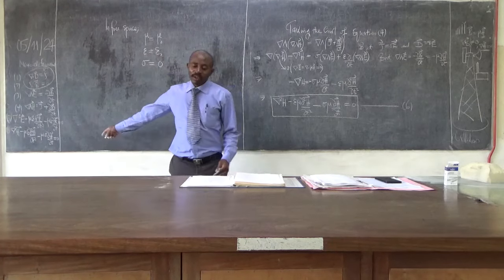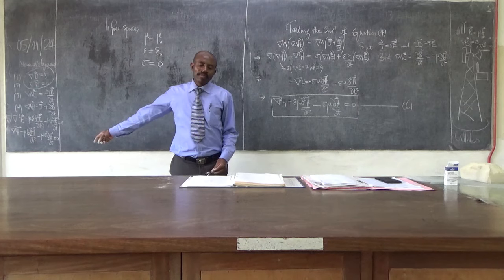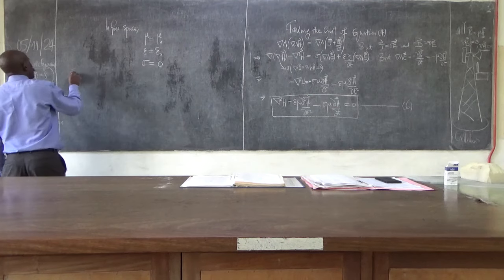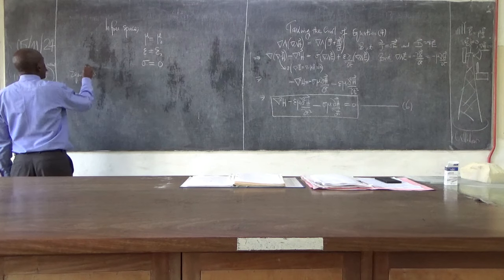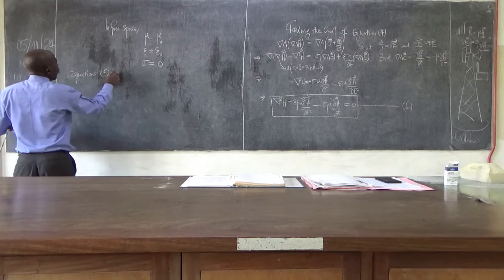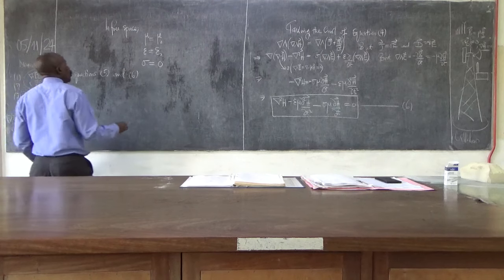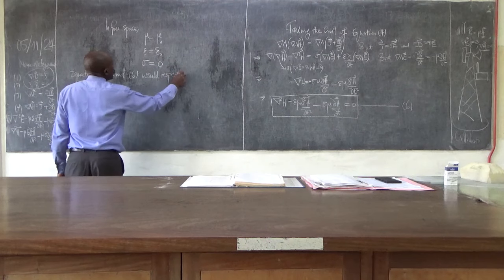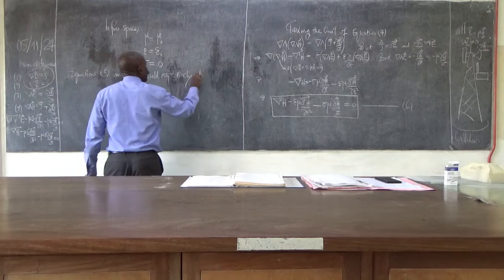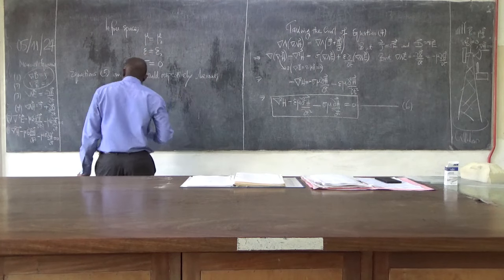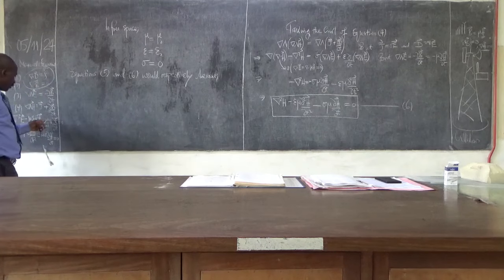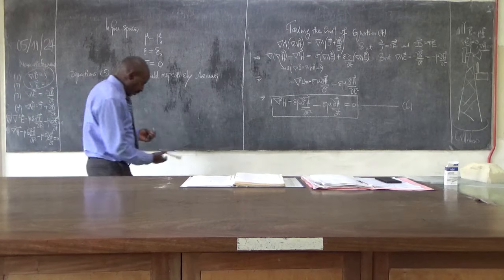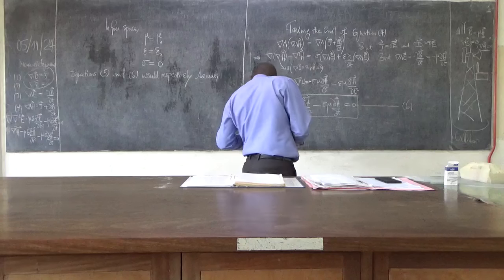So equations 5 and 6 would respectively become, so these terms here are disappearing because of the sigma. And when they disappear, then we remain with